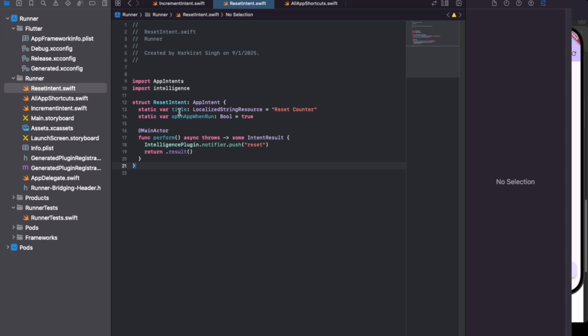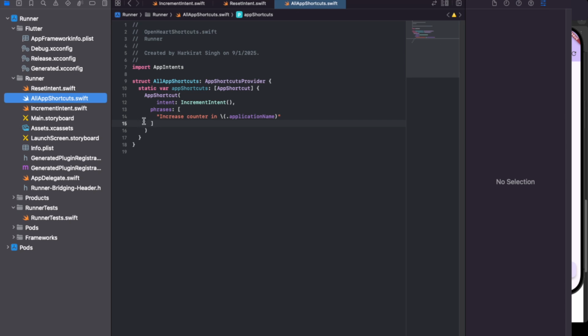See how less code you have to write, because everything else is handled by the IntelliGence plugin. We just need to change the string, the name of the intent, and the title name. That's it. And this was for the intent side. Now the shortcut side, open the app shortcuts file, change